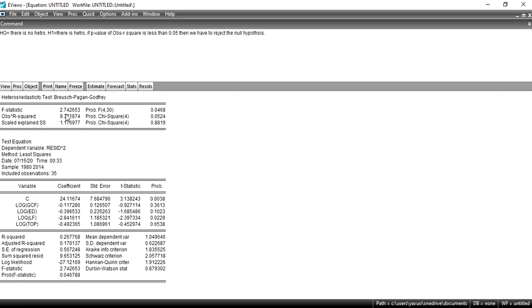The second method is a very general method. I am going to discuss this very generally. You can do it on your Excel file. Heteroscedasticity exists in the data because of outliers. What is an outlier?